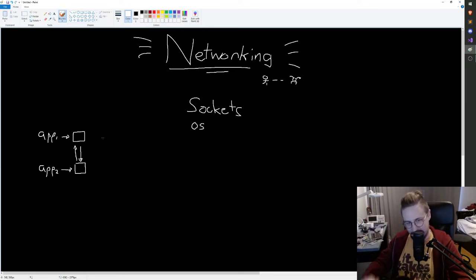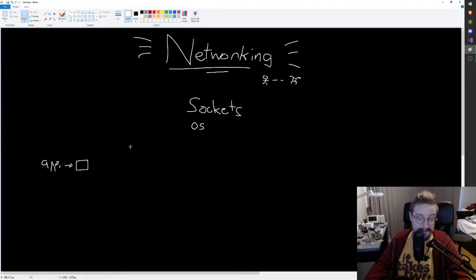But in the end, down the stream, it will all be using sockets, and it actually isn't even a Windows-specific thing. Most major operating systems that I know of have agreed to use this sort of design paradigm to communicate within apps. So if you are using Linux, you'll still be using sockets, and even the function calls will be very similar because all the operating systems have sort of agreed on a standard that comes from the Unix days.